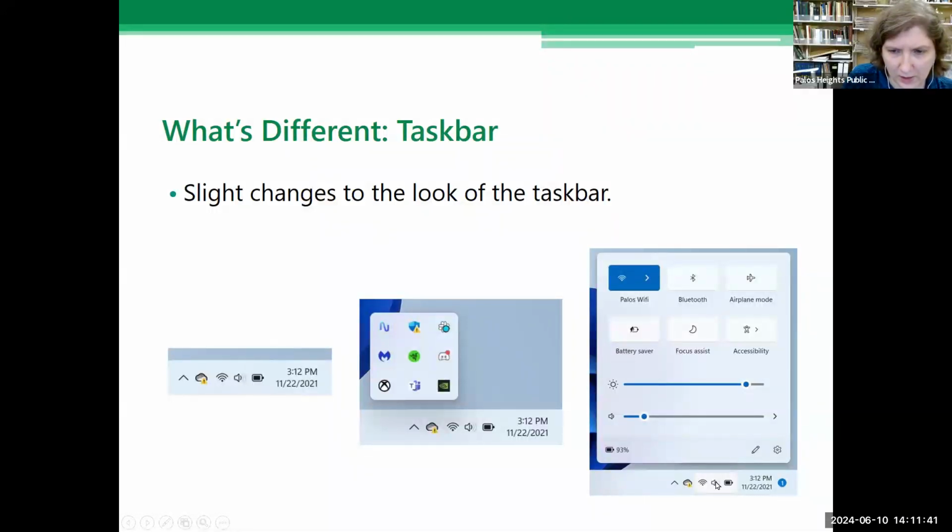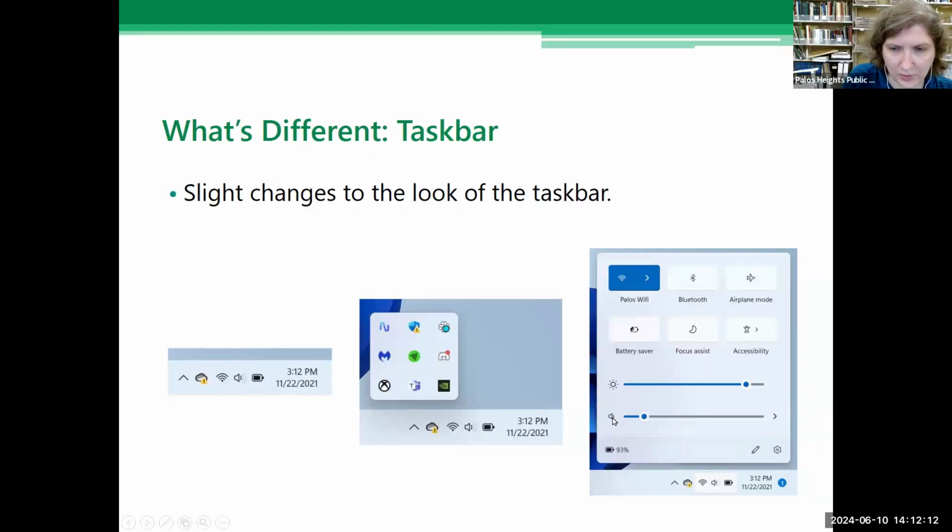And then clicking on those icons in the right of the taskbar will pull up Wi-Fi settings, Bluetooth settings, airplane mode if it's a device that can be brought on an airplane, like a tablet or something like that. Battery saving modes, focus assistant modes, and accessibility settings.